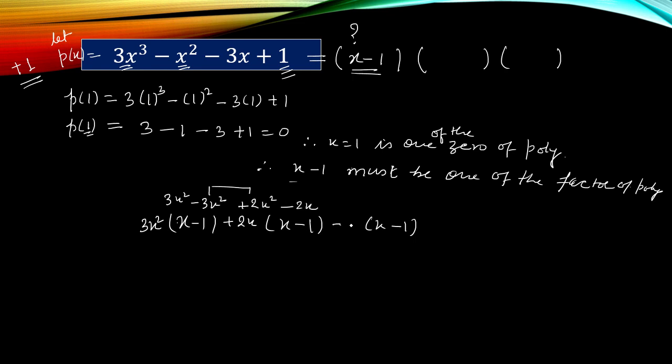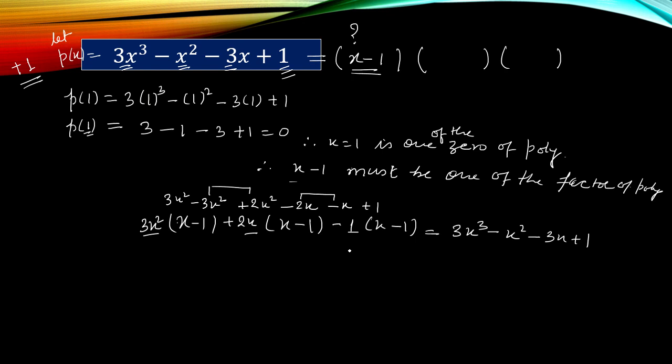So we will multiply the third factor by minus 1. So minus 1 with plus x should be minus x. So our task is completed now. With these two terms, we are getting minus 3x. Minus 1 multiplied by minus 1, we will get plus 1, and our final task is also completed now. Ultimately, if we multiply 3x square plus 2x minus 1 into these three x minus 1s, we get the polynomial 3x cube minus x square minus 3x plus 1.